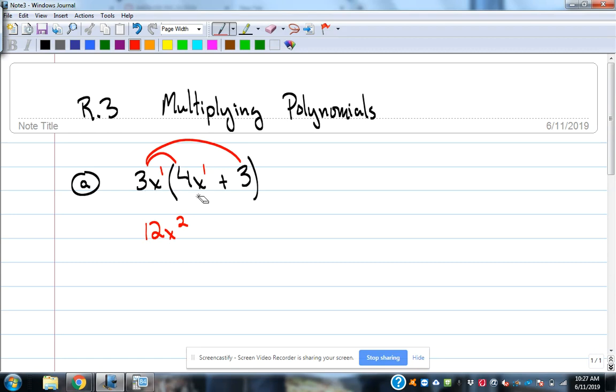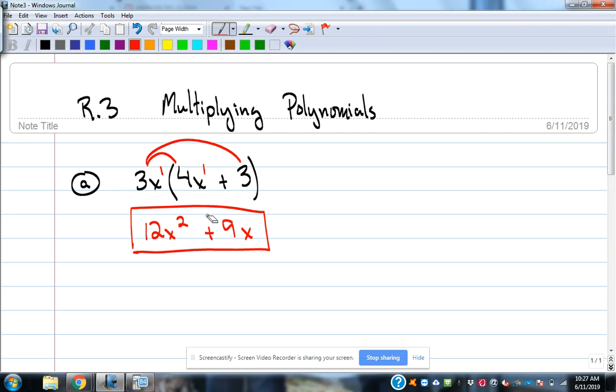Then we're taking 3x times 3. 3 times 3 would be 9, and the x comes with it. We've distributed that. We took the factor 3x and multiplied it times 4x + 3 to get that